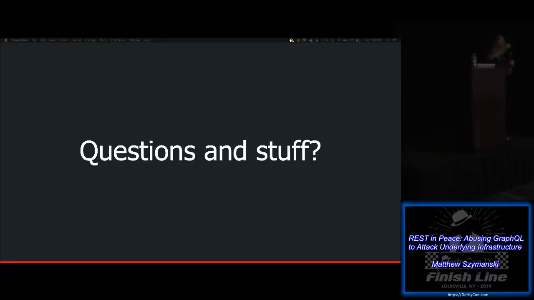So, yes, there's rate limiting on GraphQL. I haven't found a case where there's rate limiting on GraphQL. It's not built into the GraphQL spec at all. So, if they decide to implement some kind of rate limiting, then there will be rate limiting. But then you can use Mike's Hide and Sneak to domain front, and now it doesn't know where the queries are necessarily coming from, so you're going to bypass that rate limiting by doing that. Unless there's an auth token involved, in which case